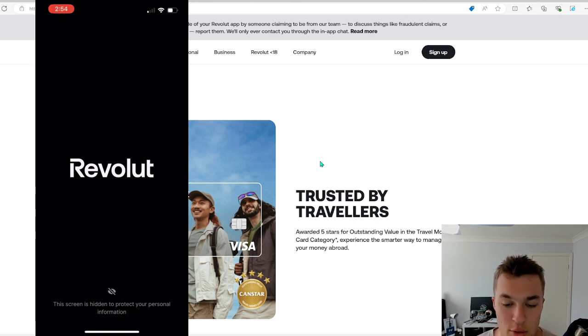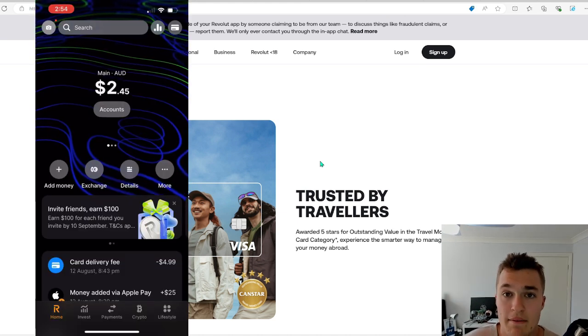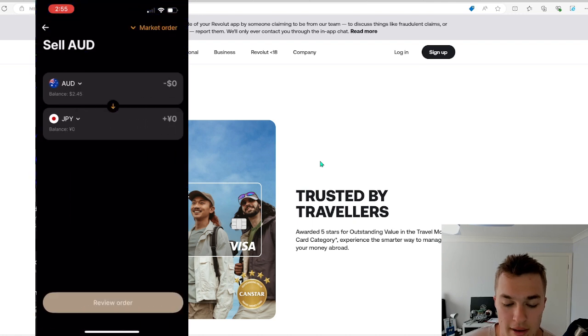It's fee free, so it's a pretty straightforward process. I just use Apple Pay, and it's literally just like going to the shops and tapping your card. It's the same process essentially, and you can send money straight through. And then all you really have to do in order to make this a travel card is exchange funds.